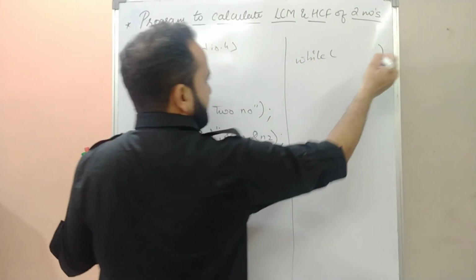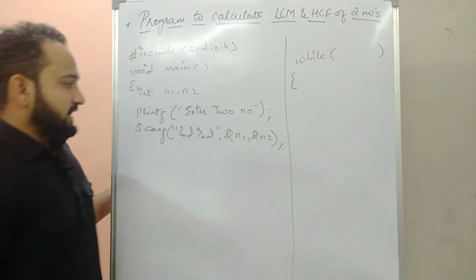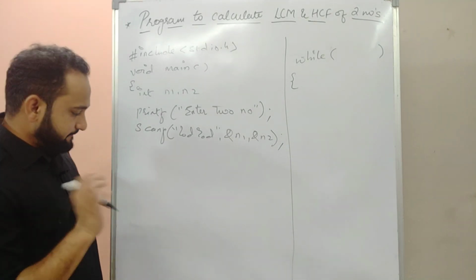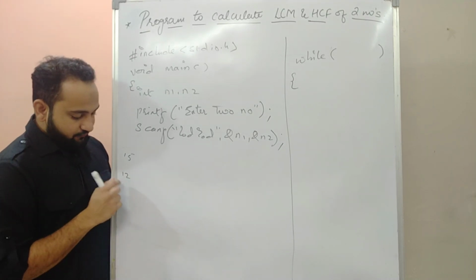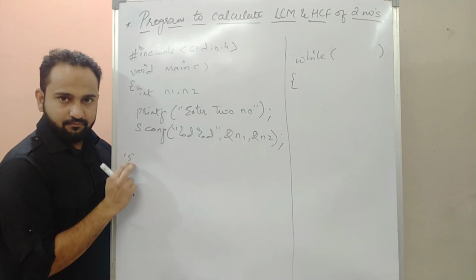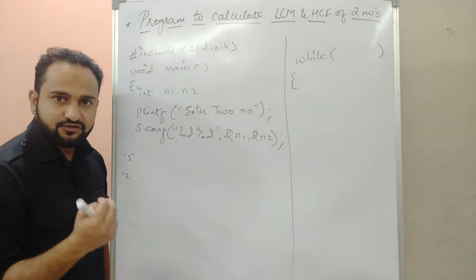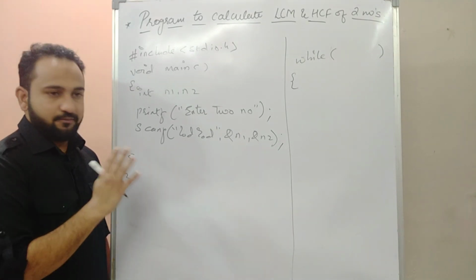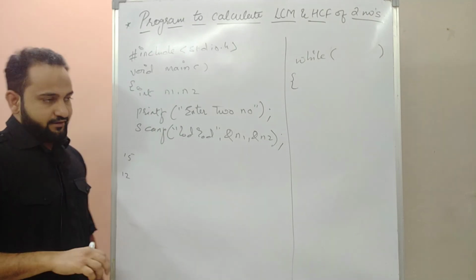While, let's talk about the condition later on. Inside the while loop, what do we have to do? Can I directly write n1 minus n2 and put that into n1? No. See, we have two numbers, for example 15 and 12. What if we divide 15 from 12? We can't write 12 minus 15, right? If we do 12 minus 15, that will be minus 3. The answer will be totally wrong. From the greater number we have to subtract the lower number, right?